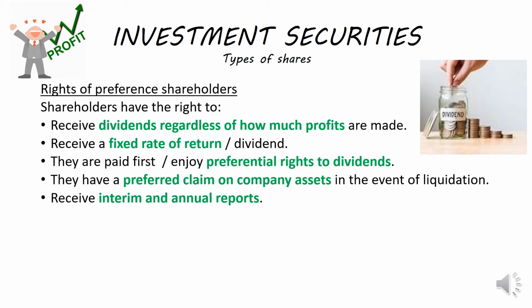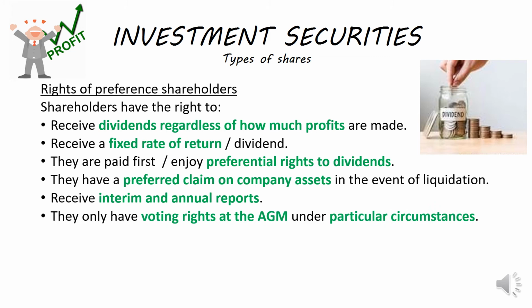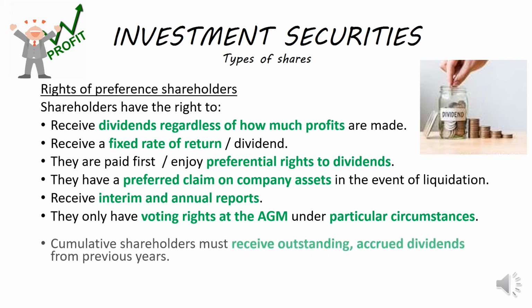Right, preferential shareholders will also receive interim and annual reports, okay, those financial statements of the companies. All shareholders have a right to see that. Okay, even people that are not members or shareholders of this company, because it is a public company and because they are encouraging members of the public to buy shares from them, everybody has a right to see their financial statements. Okay, so even your preference shareholders will receive the financial reports of the company. Right, I already said they don't have automatic voting rights at the AGM. They will only have voting rights in certain circumstances, when their vote is needed.